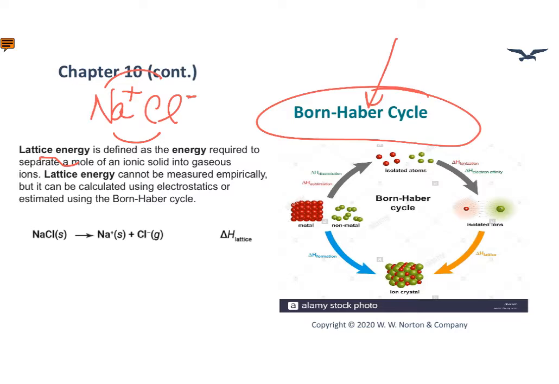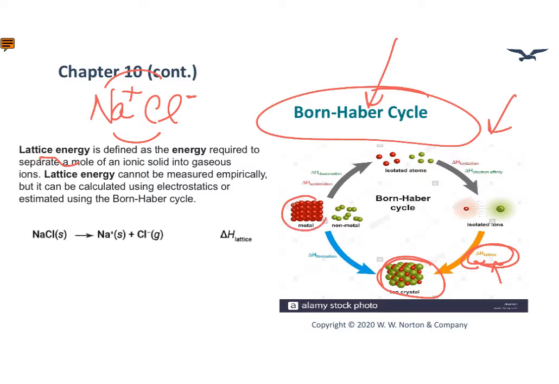It helps to understand by looking at the picture on the right here. So here is an ionic crystal lattice. And the lattice energy that we're talking about, in other words, the attraction between the individual ions in a 3D lattice, is represented here as enthalpy of lattice, okay? And again, that can't be measured directly. So the Born-Haber cycle takes us through a series of steps, and we'll go over each one of them briefly,